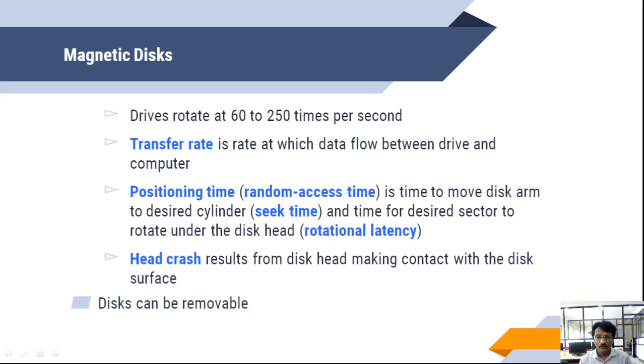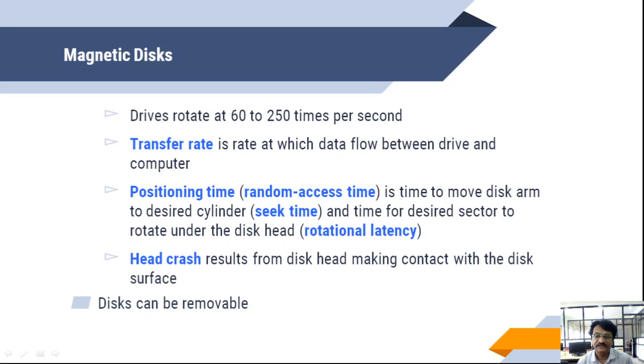Then one thing we need to understand: typical disks can transfer several megabytes of data per second, and they have seek times and rotational latencies of a few milliseconds, or several milliseconds depending upon the technology or hard disk being used. Because the disk head, as I mentioned, flies on an extremely thin cushion of air, measured in microns, not inches or centimeters, measured in microns.